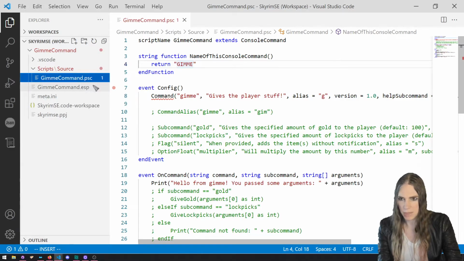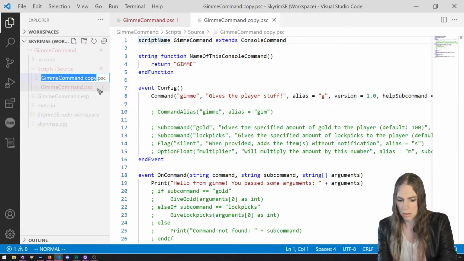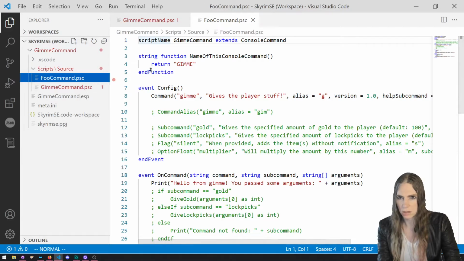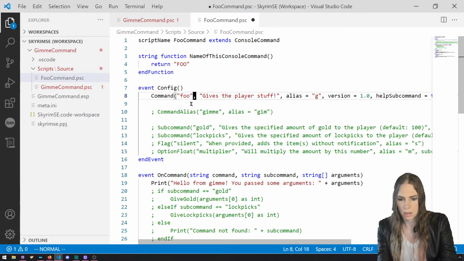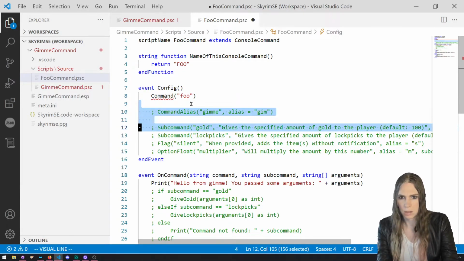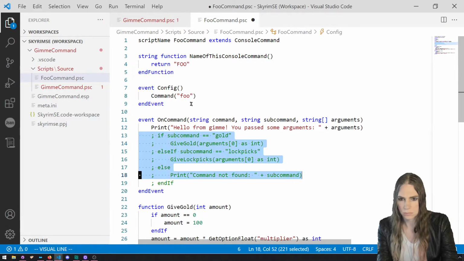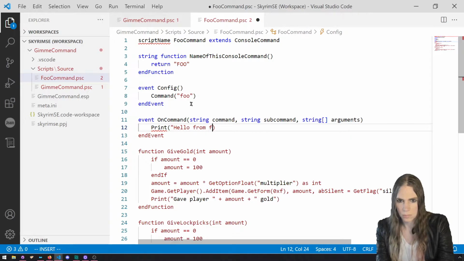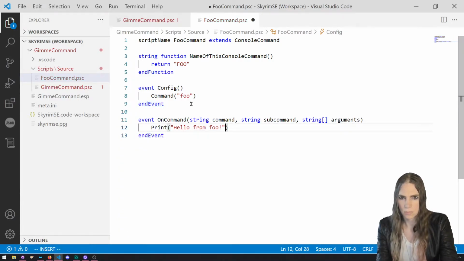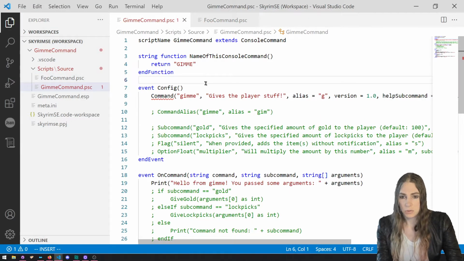So here's gimme command, foo command. That's our foo command. I'm going to use that to test if